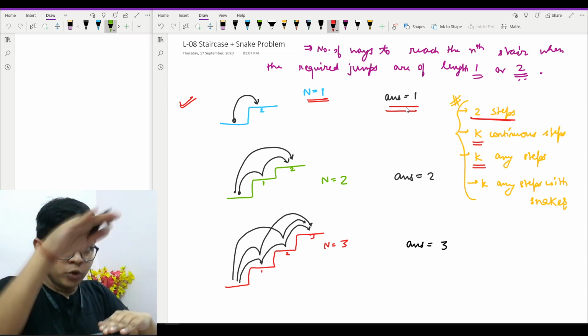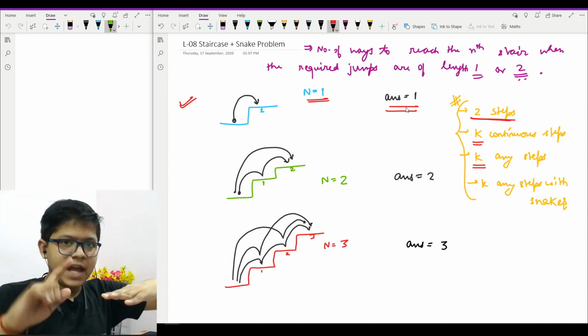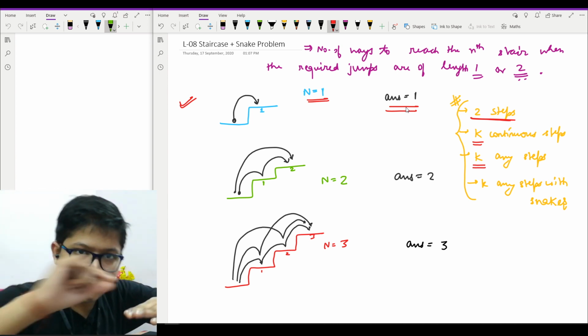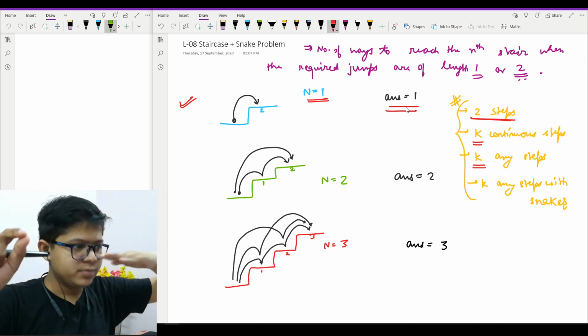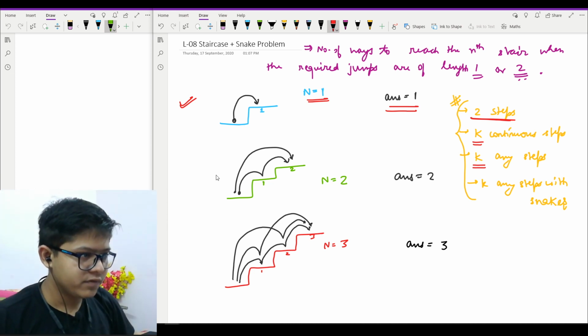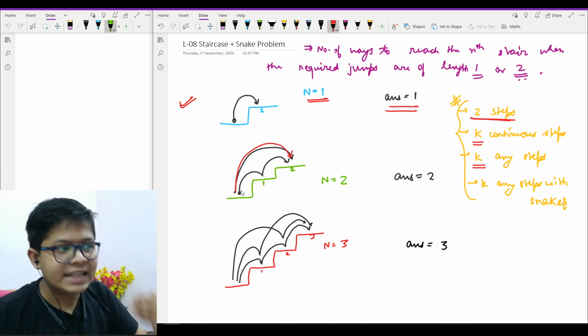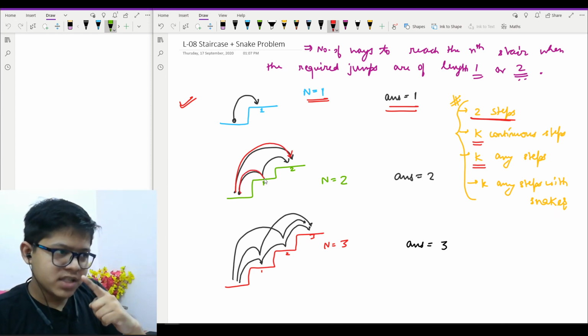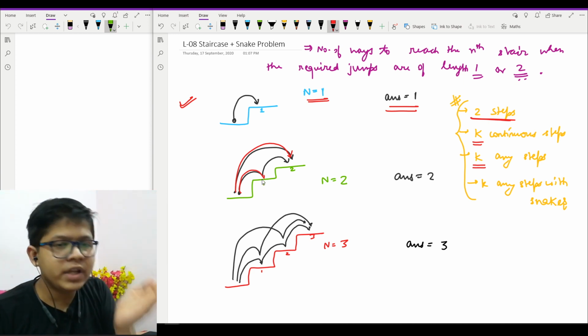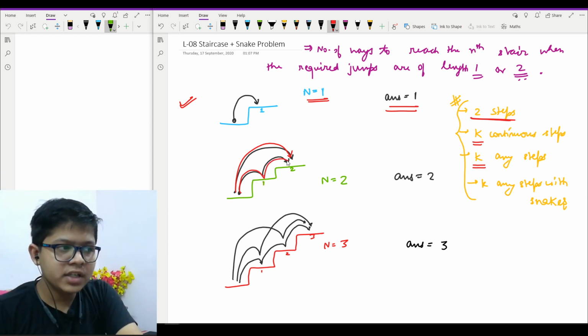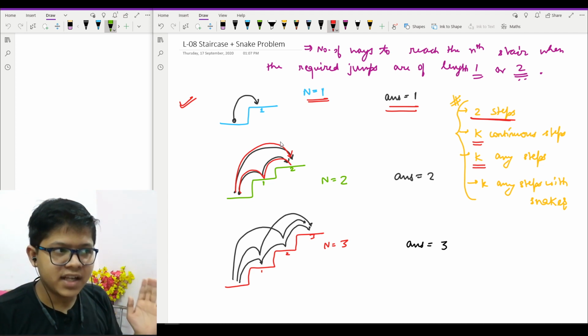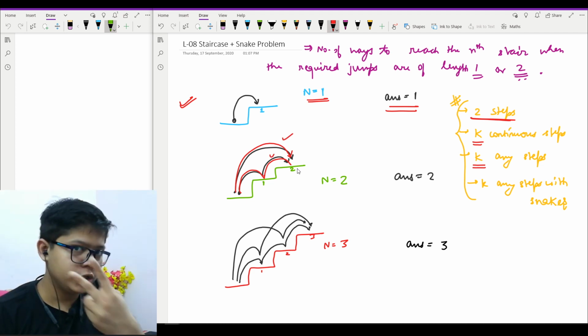For n equal to 2, what I will have, I will have 1 way that I can take a jump of 2, right? So from 0 I can take a jump of 2, just showed you here, 0 to the jump of 2. And another way is I can take a jump of 1, but if I have a jump of 1, then I have to take a jump of 1 only to move to the final stair. So number of ways are this and this, so it will be 2.